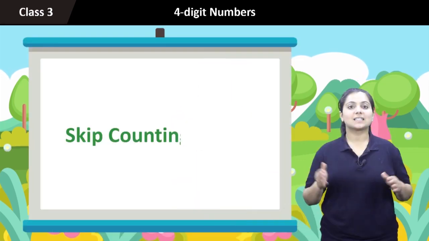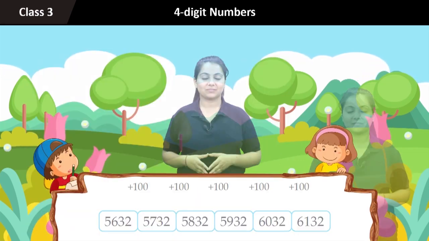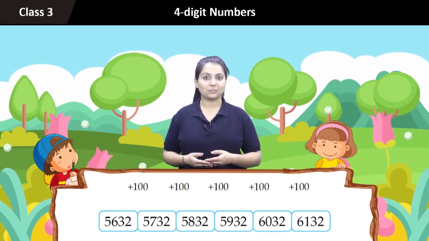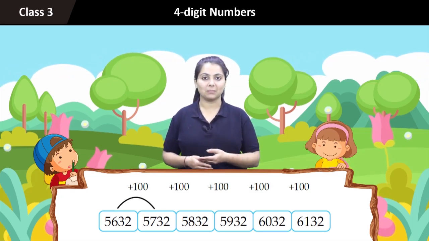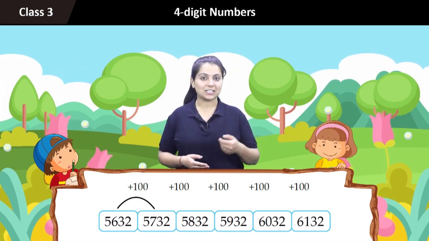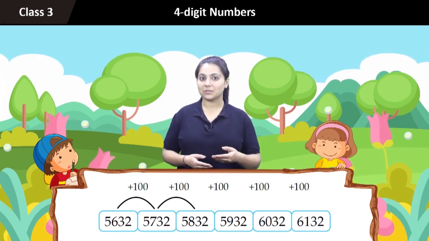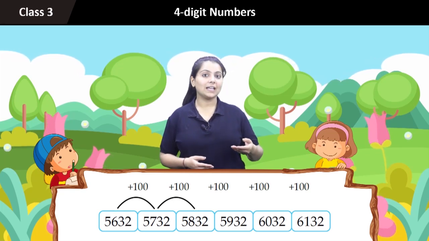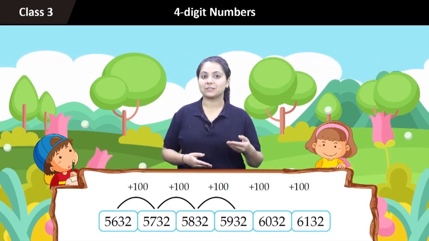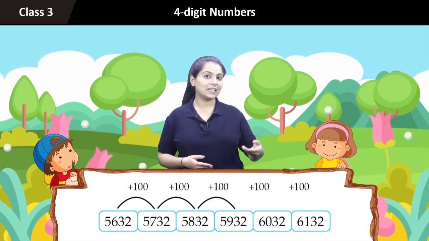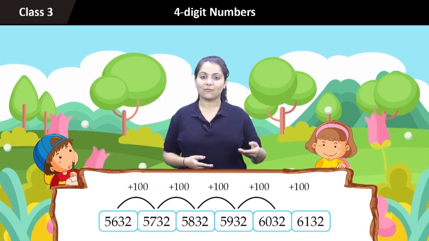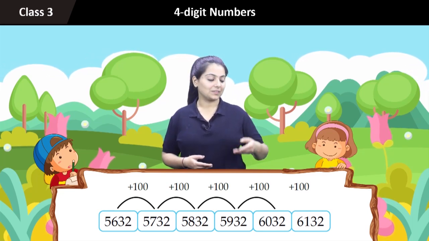2495. Skip counting in hundreds. The number given here is 5632. Let's add 100 to this number and the number will be 5732. Again add 100 to this number. The number will be 5832. Again add 100 to this number. The number will be 5932. Again add 100 to this number. The number will be